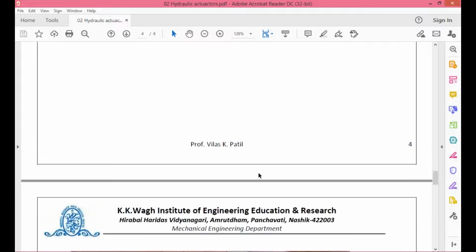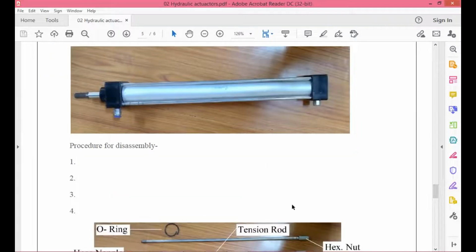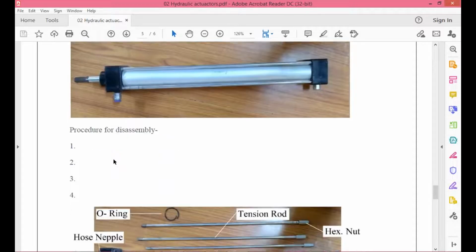And the same thing you can write down. This is the assembly of this part. How to disassemble? You can write down the procedures in your manual. Observations, tools, tray. Then with respect to the Allen bolt, you can remove this tie rod, etc., as per that movie. All right, you can mention.